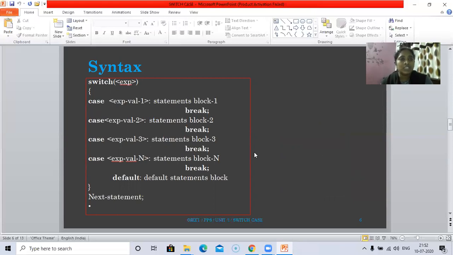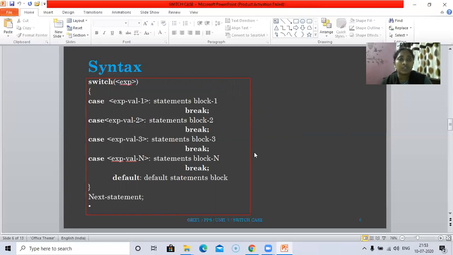Coming to the cases, here case is also considered a keyword. Case and expression value together are called a case label. And here each expression value should be unique. The expression values can be randomly placed, but each expression value in the switch statement should be unique. Here the expression value can be an integer constant or a character constant.